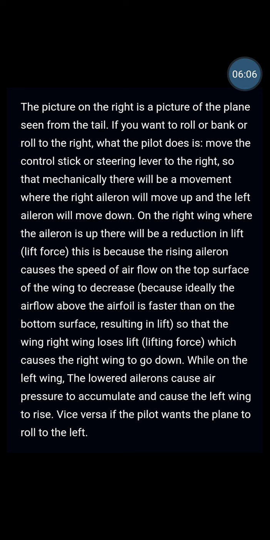This is the first case; the opposite applies if the pilot wants the plane to roll to the left,